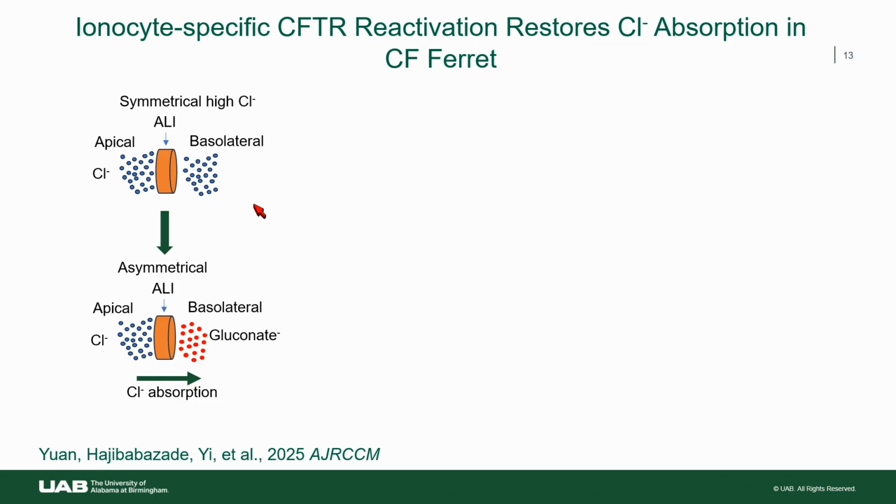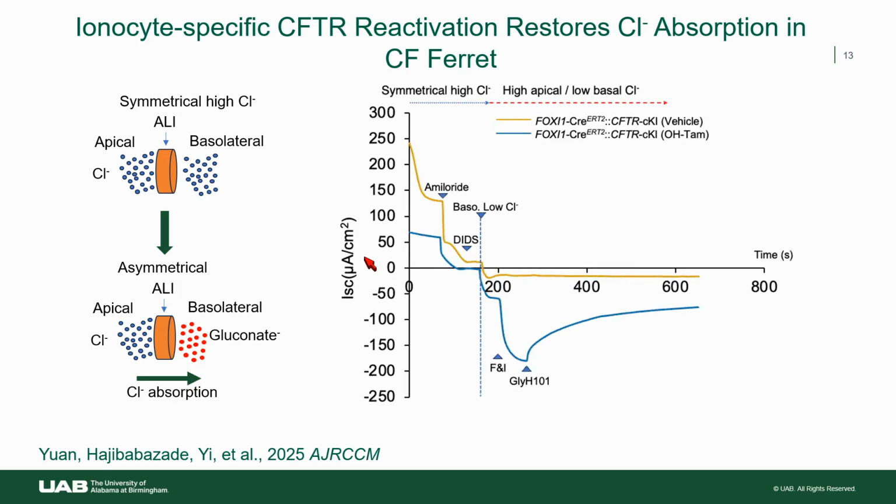Similarly, we started from symmetrical high chloride and moved to asymmetrical, with apical high chloride and basal low chloride, to drive chloride absorption. So we tested two groups here. One is the control group, which is vehicle treated, and the other is tamoxifen treated to reintroduce the CFTR gene